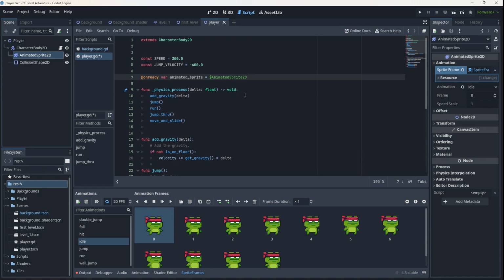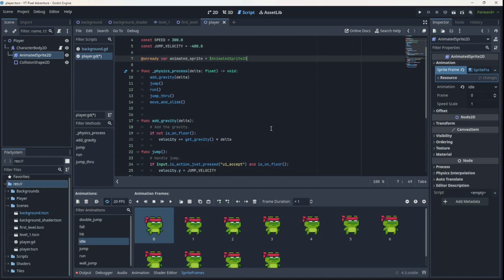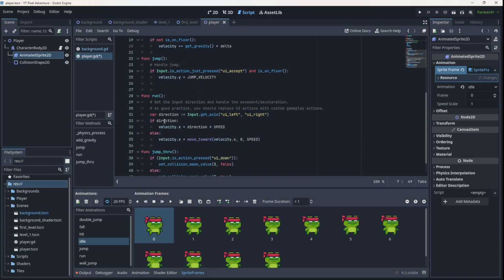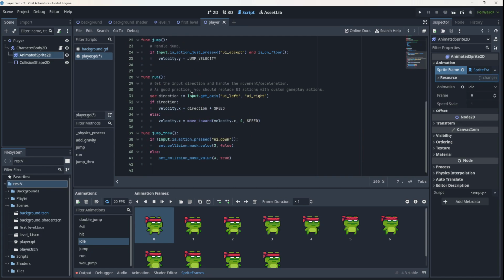Now we want to flip or mirror the sprite to look in the direction that the player is facing. So what I'm going to do is move the direction variable from the run function to the top of the player script. So if you go to the run function here, you can see we've got var direction. So I'm going to actually take this out